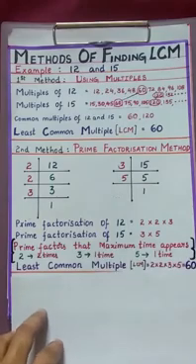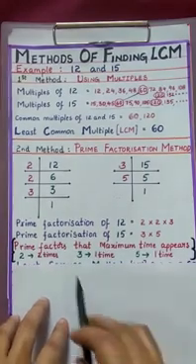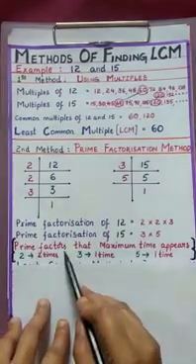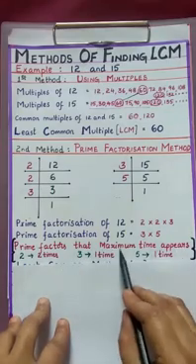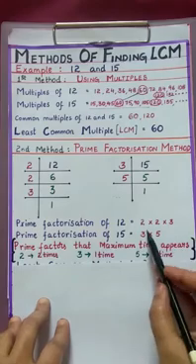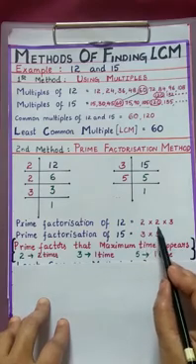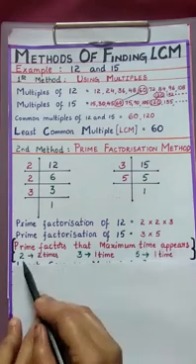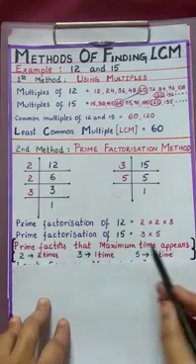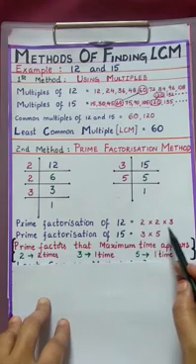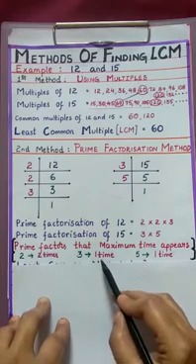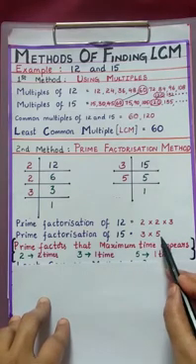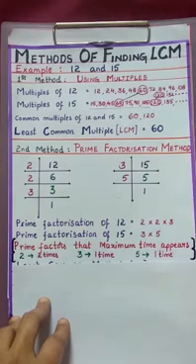Now to find the LCM, there is one concept you have to remember. You have to find the prime factors that appear the maximum number of times. Maximum means more number of times. Here 2, how many times does it appear? 2 times. So you write 2, 2 times. Now come to 3. Here 1 time and here 1 time. So 1 time is the maximum. Now come to 5. 5 appears 1 time.